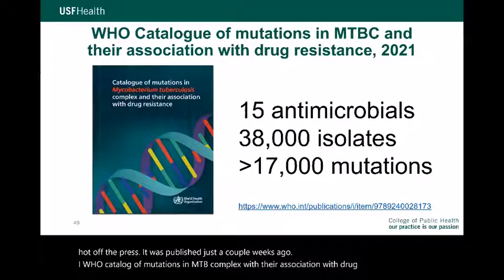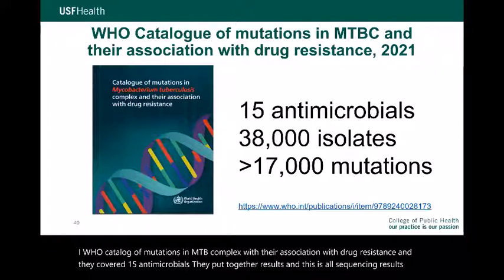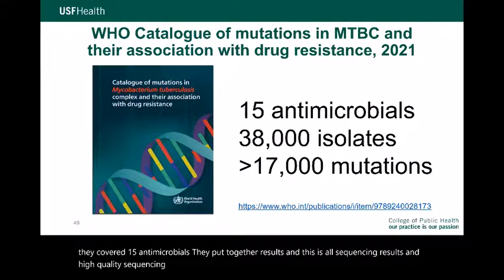And they covered 15 antimicrobials. They put together results, and this is all sequencing results, and high quality sequencing results, because sometimes on the internet what is posted is really garbage because it's not curated. And these